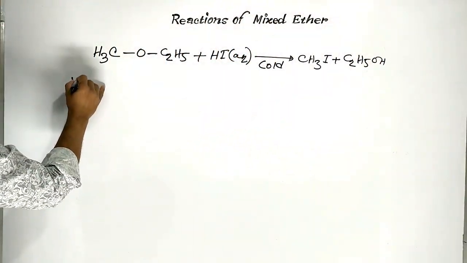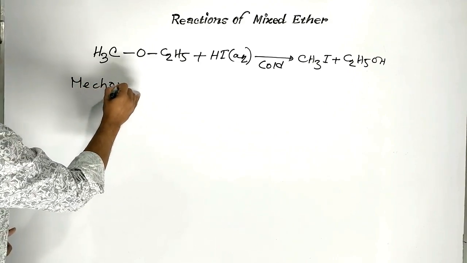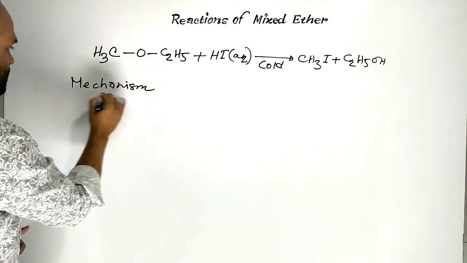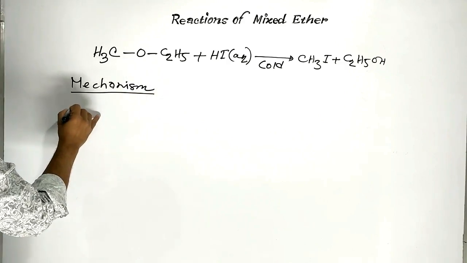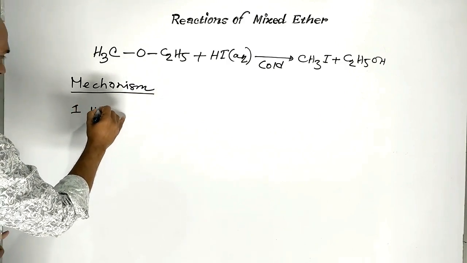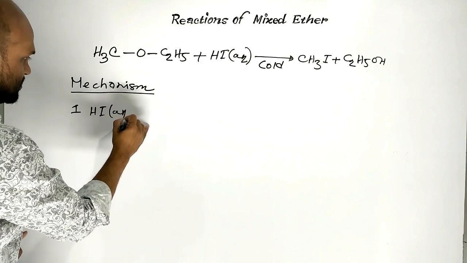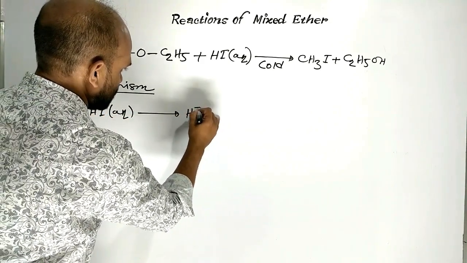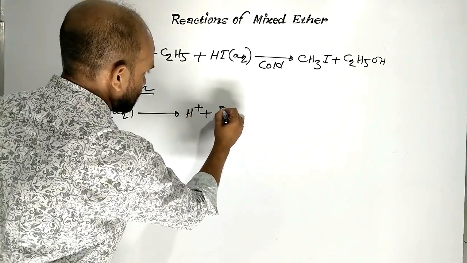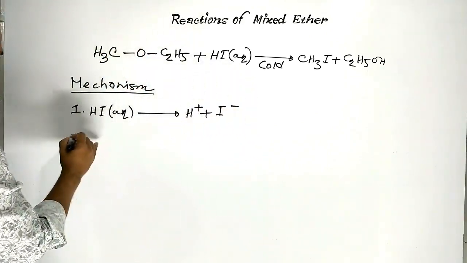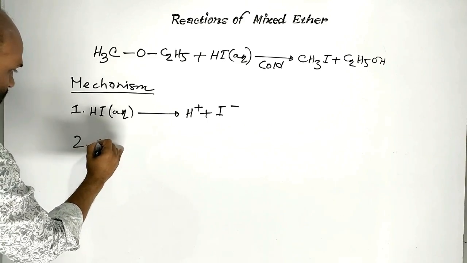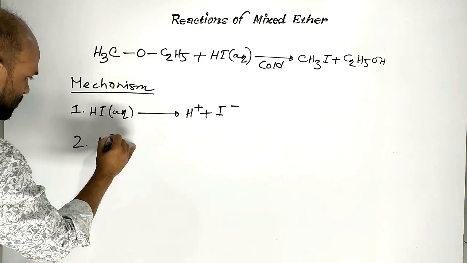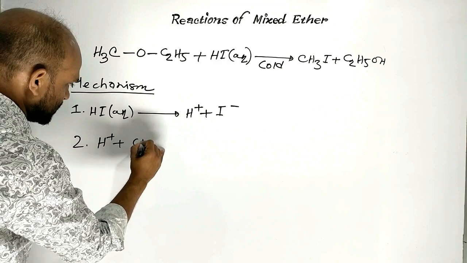Let us see mechanism of the reaction. Step 1. Hydroiodic acid produces proton and iodide ion. Step 2. This proton combines with